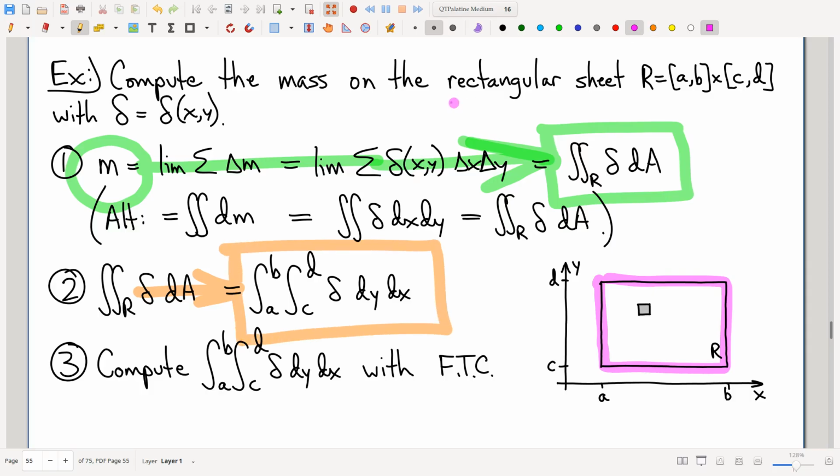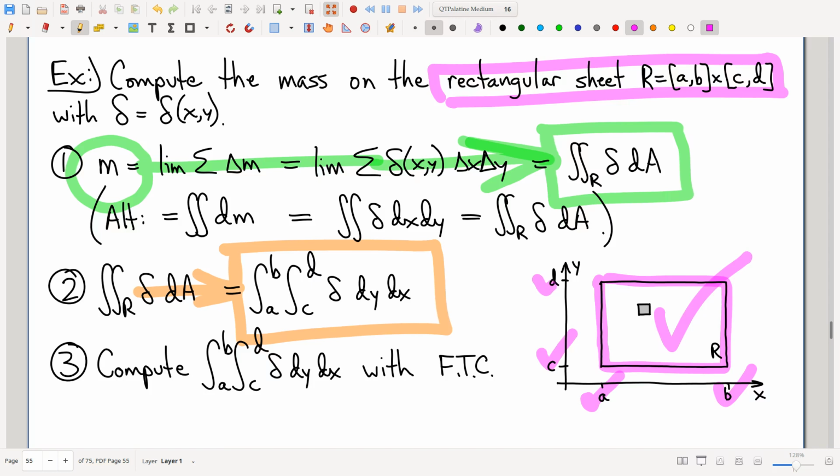The given rectangular sheet that we know tells us the A, B, C, D that are our bounds. Right? Double integrals are rectangular integrals. Double integrals are iterated integrals. Just write that down. And then step three,